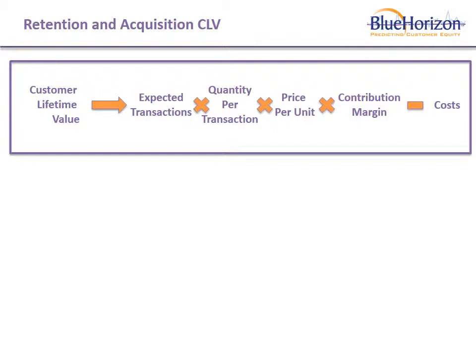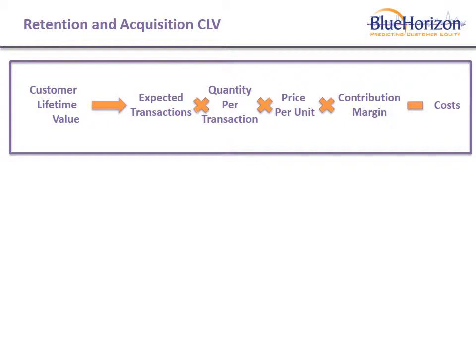To get to the customer lifetime value of each customer, we use the probability of being active, and we look into the future for the components we need to predict how they might behave. During the development of the Blue Horizon system, CPG brand marketers were excited to see some basic metrics that they are not used to seeing. The system projects in each week what the future expected transactions, size, and price of purchases will be from each household. Cash flow must also take into account the contribution margin of the brand, the time discount of money, and any investment costs.